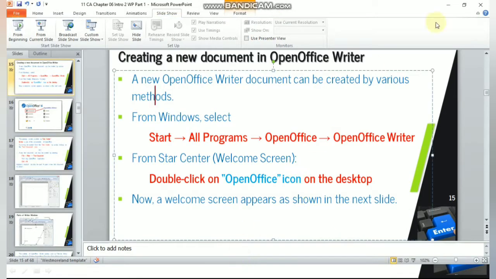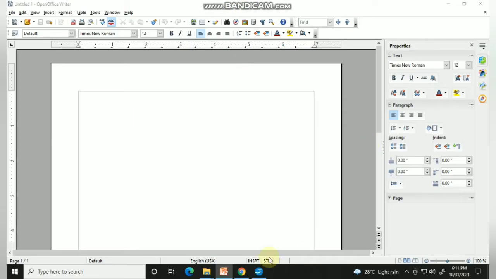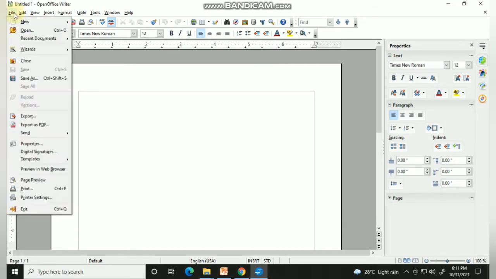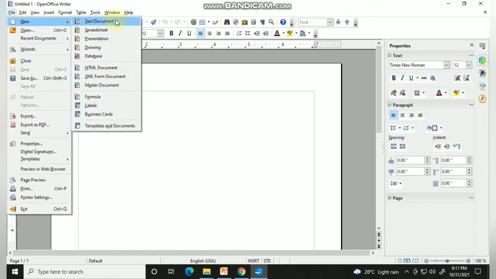This is your new text document. You can also click the icon given here, or else press File, New, and then create a new text document. Clear?